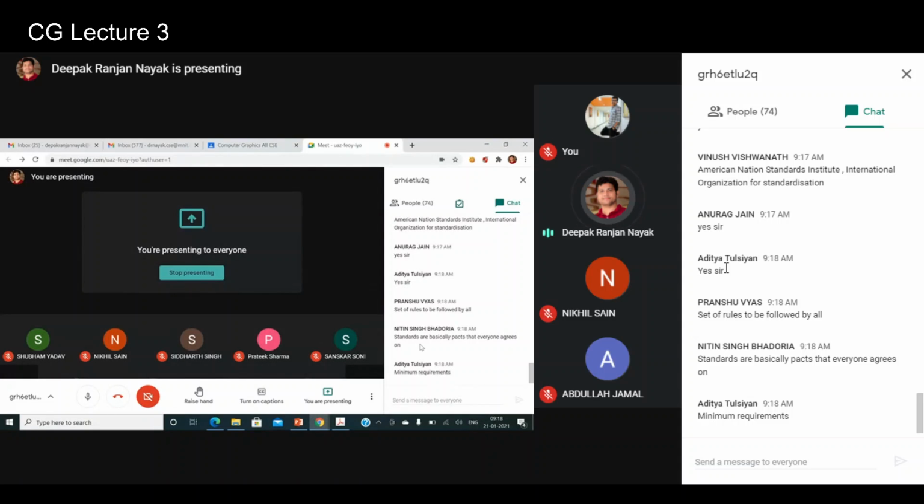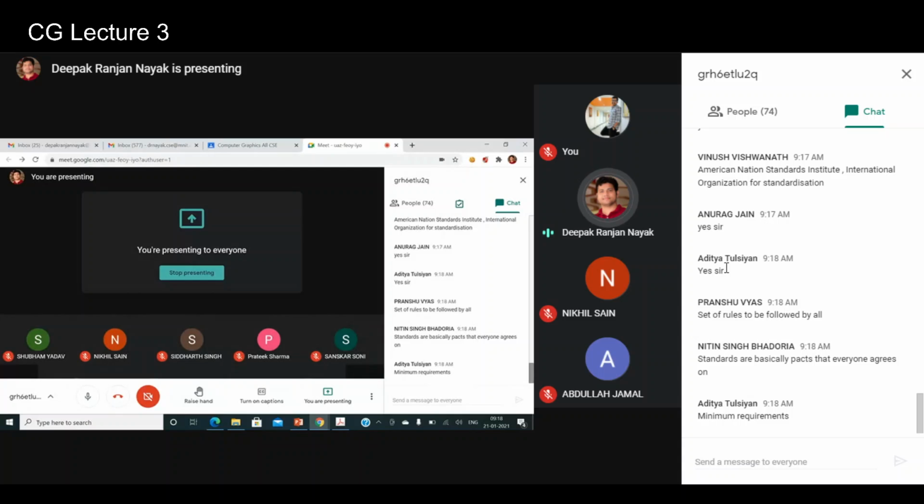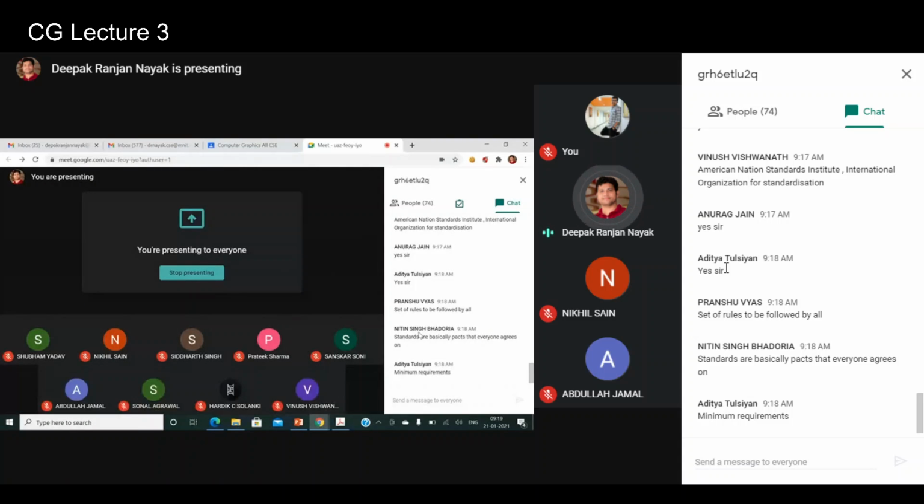Fine. So there are a few bodies available, and the job of those bodies like ISO and ANSI is to provide a set of rules and syntax to be followed by everyone, or else there will be a problem. We all know that, right? So that's what also happened with C. C was originally developed in the 1970s, but it got standardized in 1989.